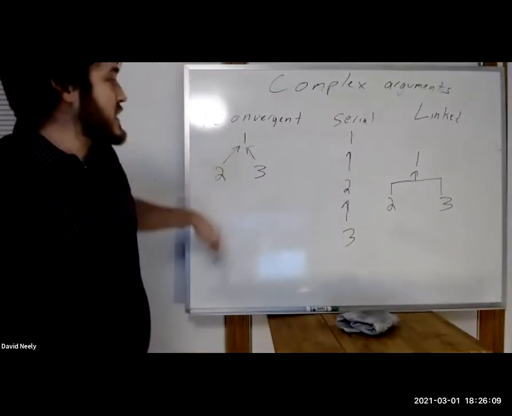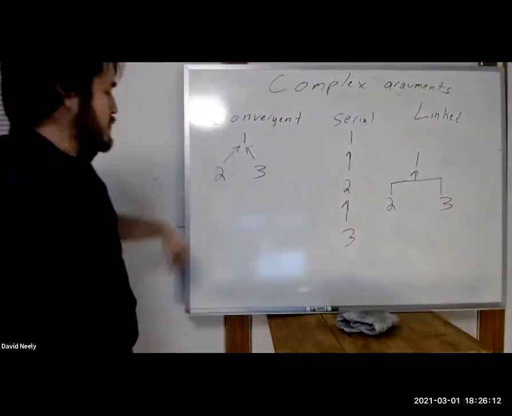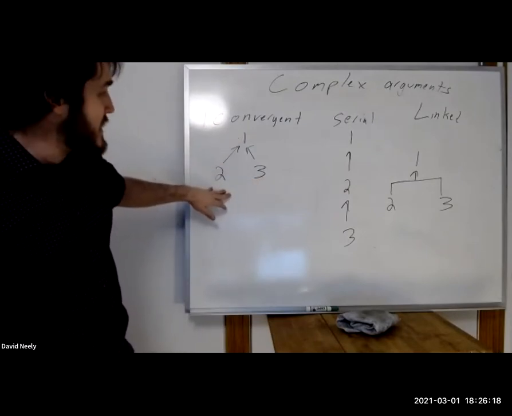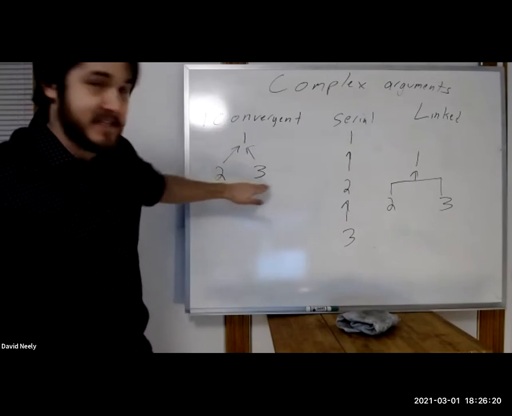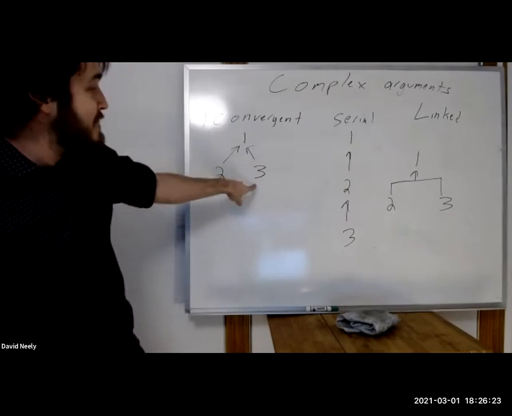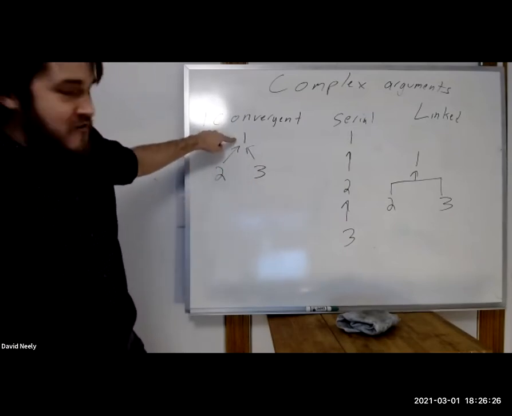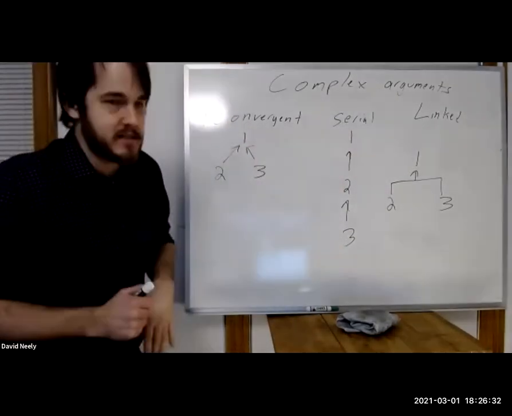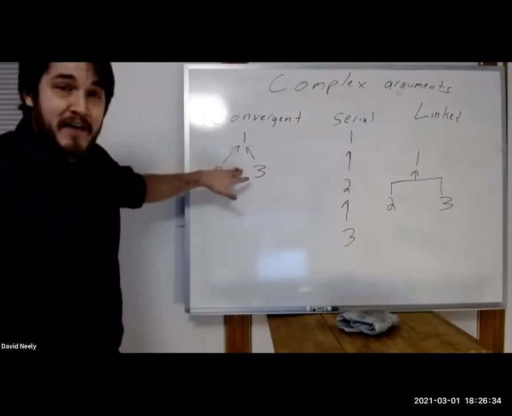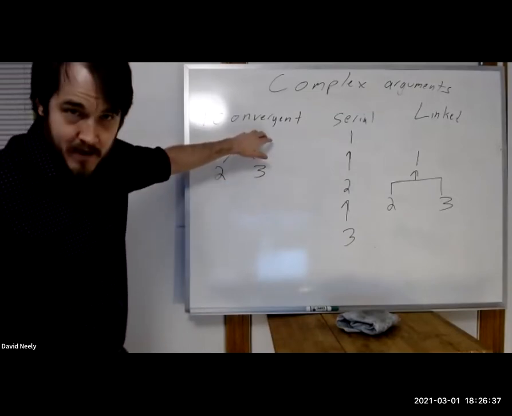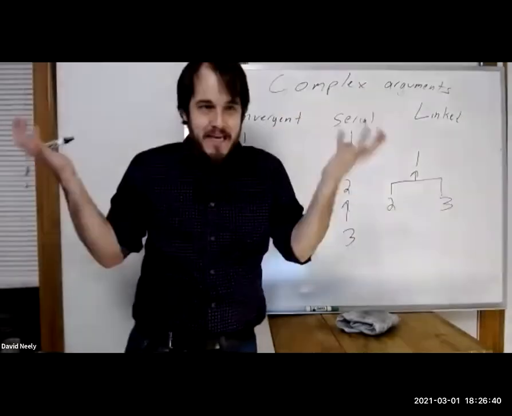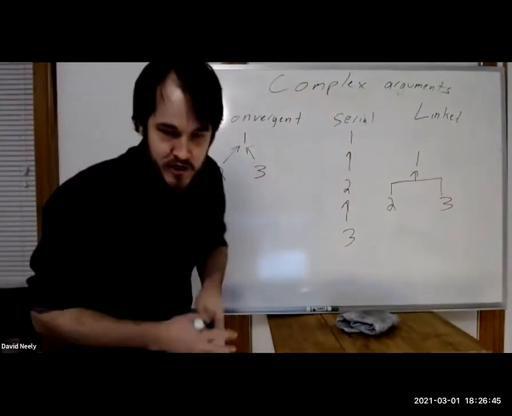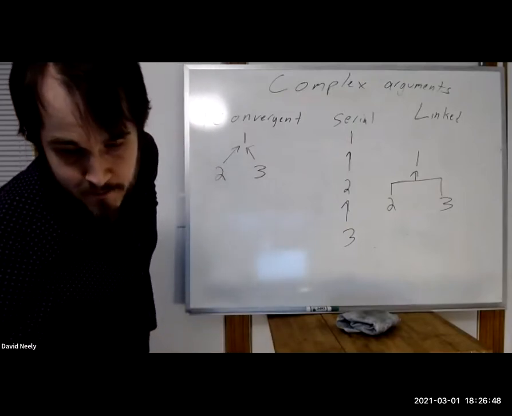Using our language from last week, if we were dealing with a simple argument, it would be a conclusion and 2 premises. Or using our term this week, a conclusion and 2 reasons. These are going to be the evidence for the conclusion. And what you find is that these reasons can relate to the conclusion in different ways. Sometimes your reasons provide 2 pieces of independent evidence for a conclusion. So an example of this would be a case like this.